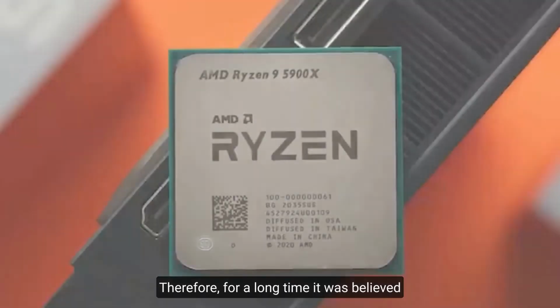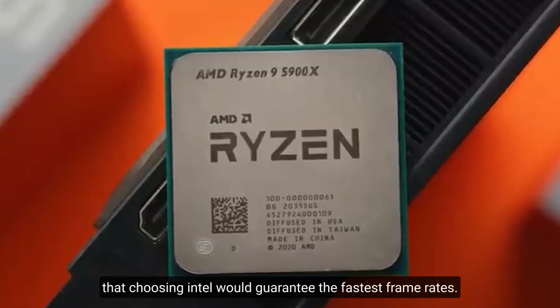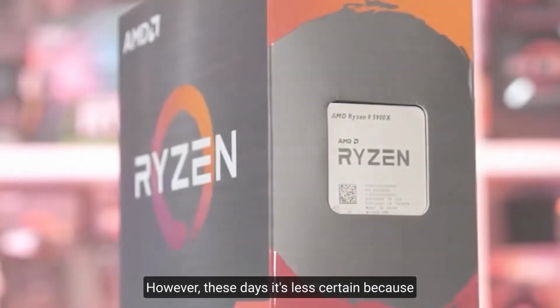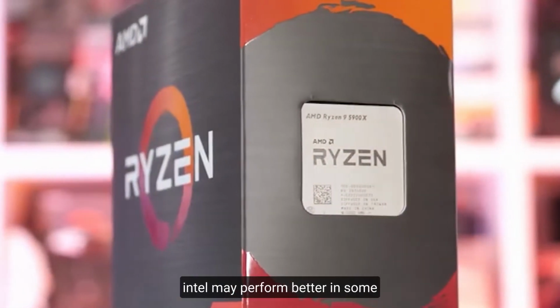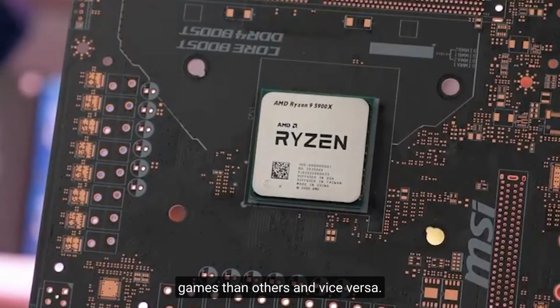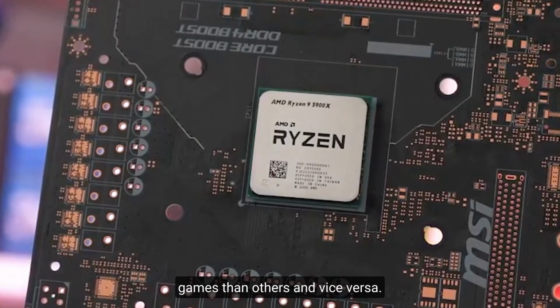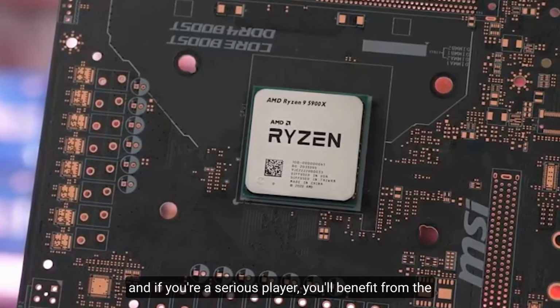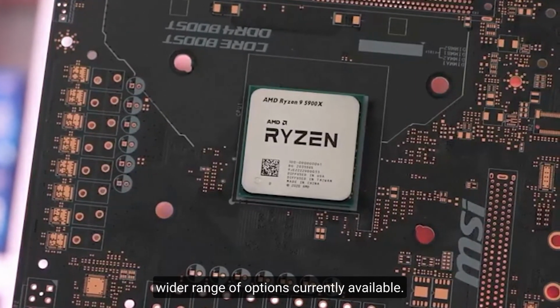Therefore, for a long time, it was believed that choosing Intel would guarantee the fastest frame rates. However, these days, it's less certain because Intel may perform better in some games than others and vice versa. This significantly evens the playing field, and if you're a serious player, you'll benefit from the wider range of options